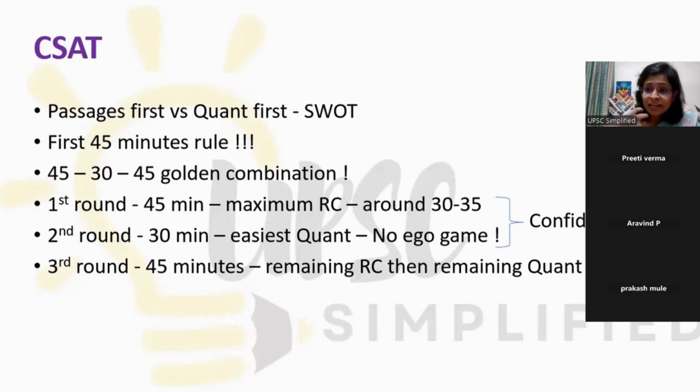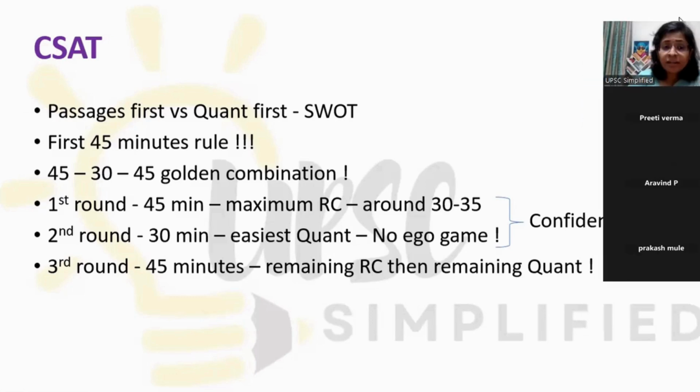It's just that we get engaged in those difficult questions, and we face that time management challenge, and the easy questions are left in the end. We are not able to see all the questions in the paper. So to avoid this, after the first round of RC, you just go for finding those easy questions, and in 30 minutes if you are able to solve the next 10-12 easy questions, and in easy questions the accuracy is also